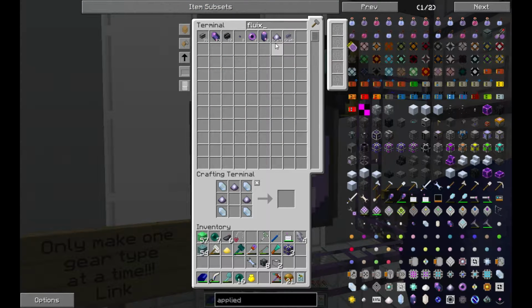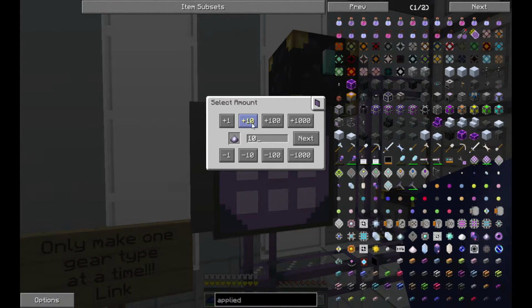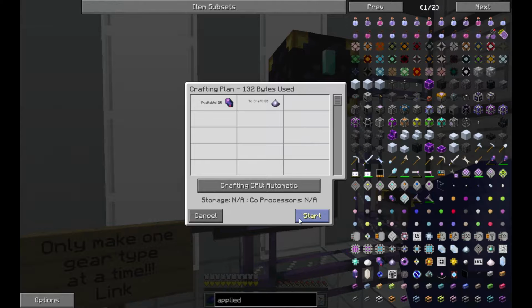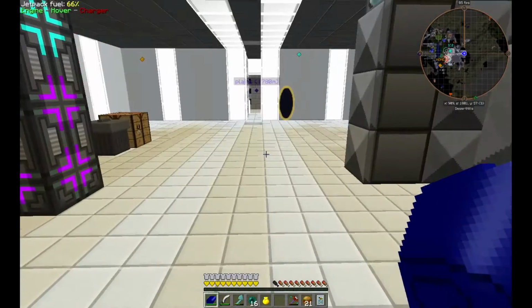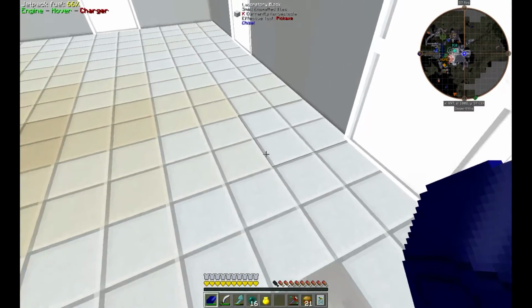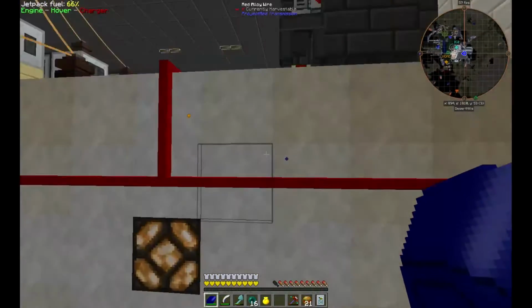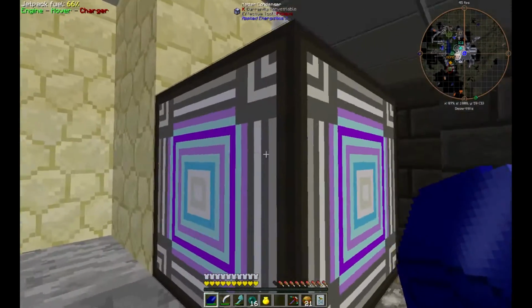And how much do we need? We're gonna need a bunch. Crap, and I don't think we only had 23, so let's go ahead and make 20 of those. The other thing we're gonna need to make is, let's see what we're gonna need to make. Let me go ahead and show you how we made the singularity real quick, and we're actually going to break those up. If we go down here, I had set up over here on the side a matter condenser,